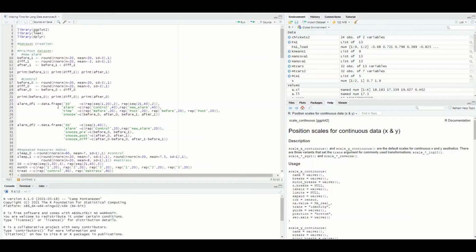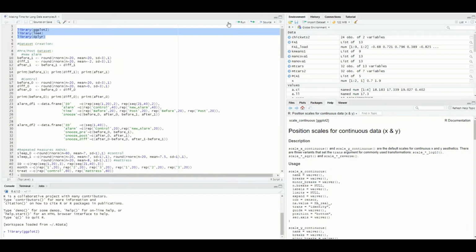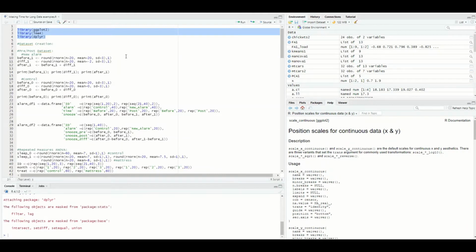Here we are in RStudio. We'll first load our libraries, ggplot2, lme4, and dplyr. Then we'll want to create data sets. So this is, I created